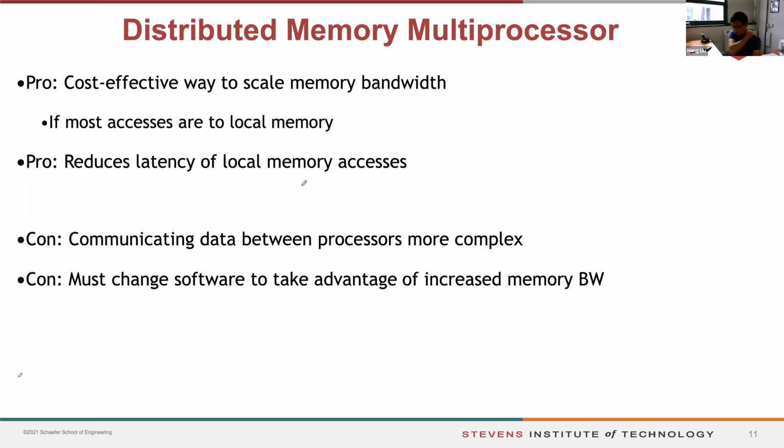But the con is you have to communicate between processors in order to provide remote access. We also have to change the software so that it knows this is a NUMA architecture. That's why you see a lot of NUMA-aware operating systems, NUMA-aware VMs, NUMA-aware machine learning, NUMA-aware data analytics. I actually did a lot of research work on this before. Okay, so